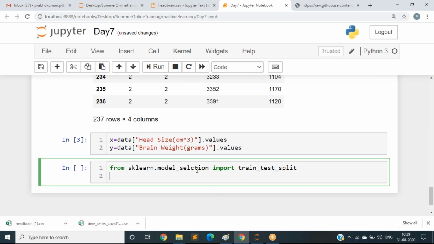And what is the next one? You should take the variables for train data and test data. X_train, X_test equal to train_test_split.